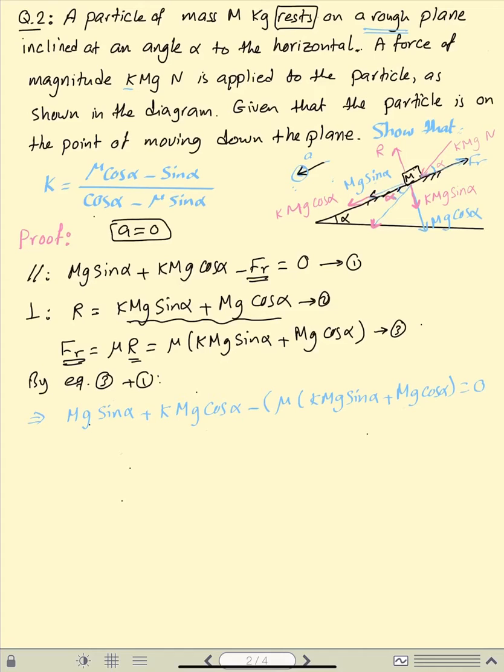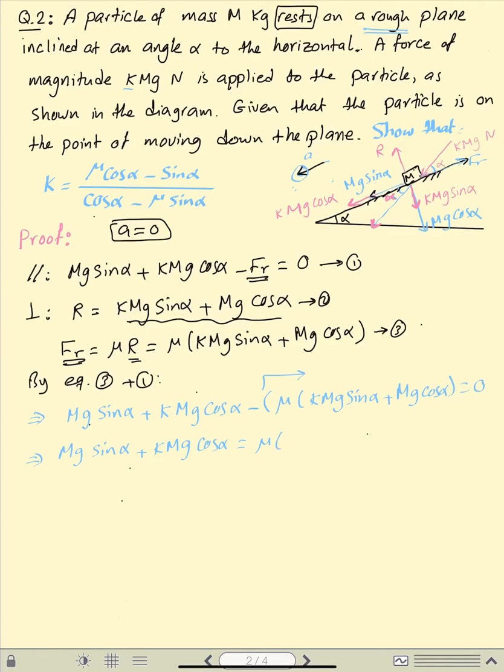Help yourself here by adding this or moving, like we usually say. We don't agree in mathematics, I don't agree with it as an instructor in mechanics or mathematics, by moving to say it. So by adding this to the other side, you will get mg sine alpha plus k mg cosine alpha is equal to